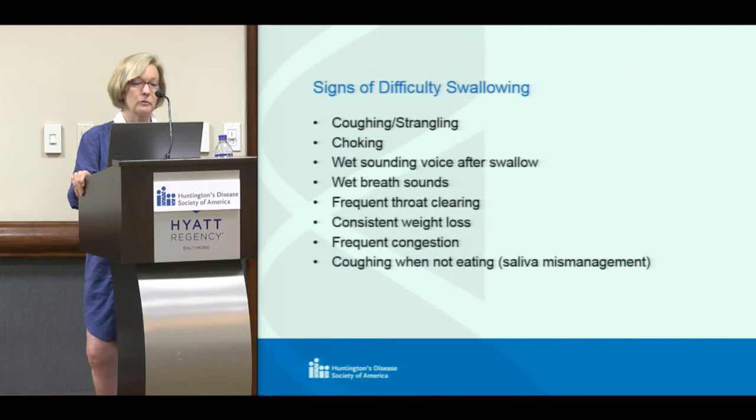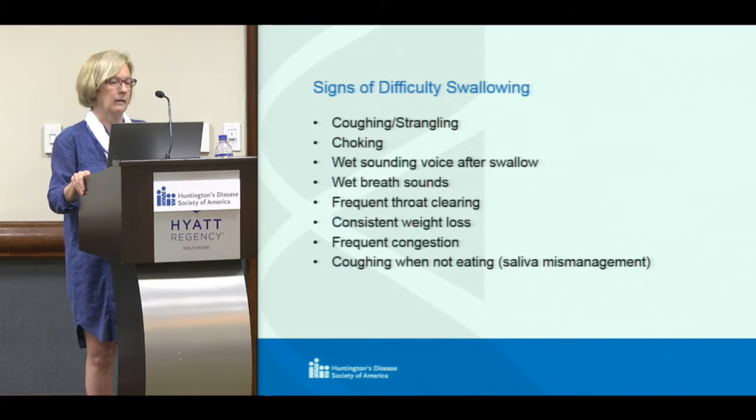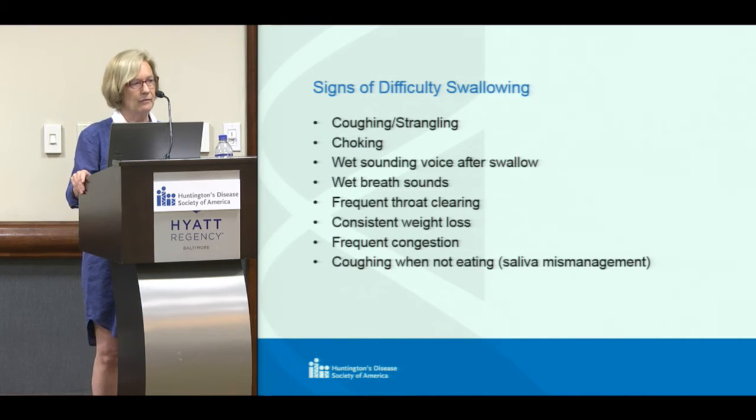So those were some of the swallowing difficulties. Here are some signs that you might have swallowing difficulties: coughing, strangling, or choking. A wet-sounding voice after a swallow. I don't know if anybody has ever heard that, but it's something to really listen for, because if your voice sounds wet or changes after you swallow, it could mean that things are going into the airway,